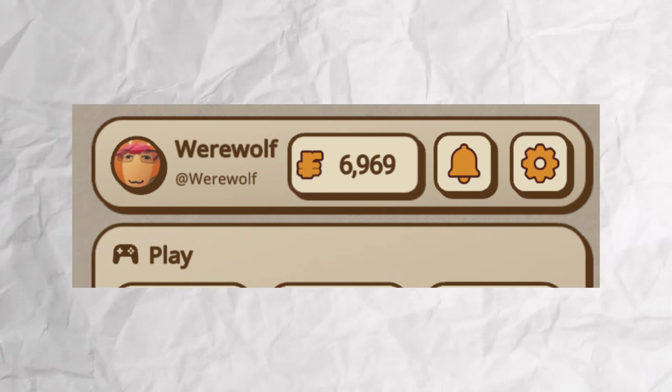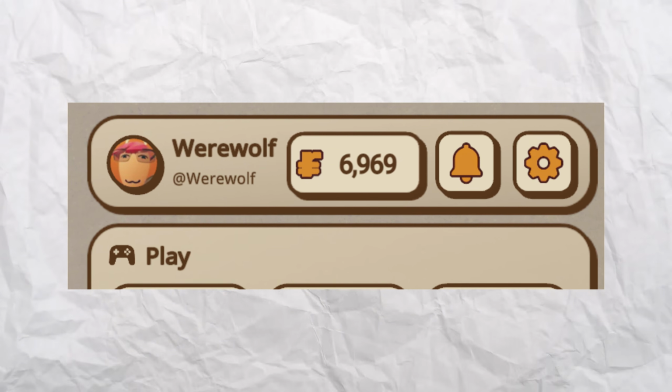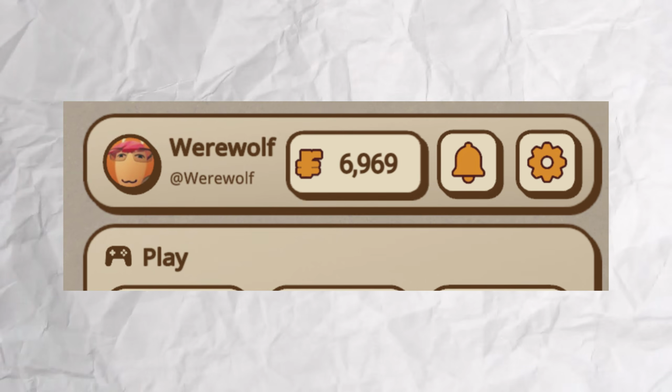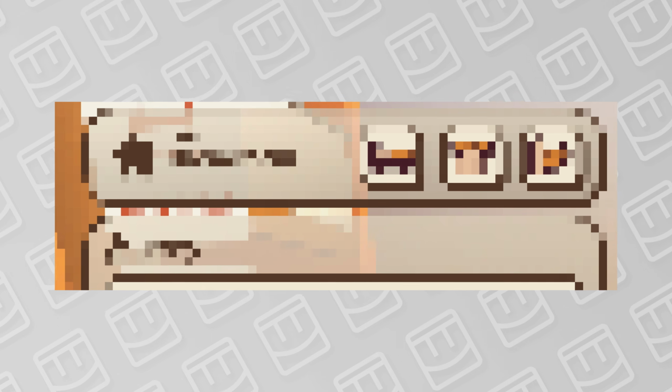Which is why I made this concept that shows a counter of how many tokens you have in the home menu. It's very simple, but it's just something that was in the old watch that I think could improve the new watch, and the same can be said for the next thing I want to talk about, that being the